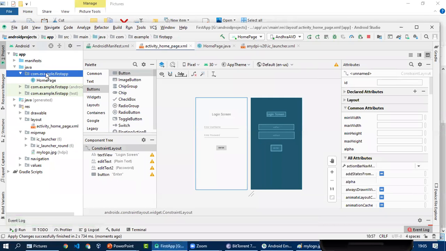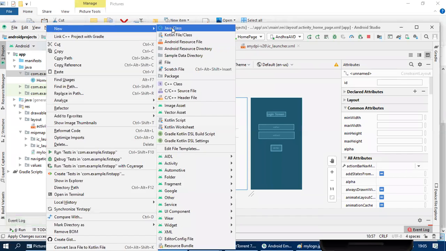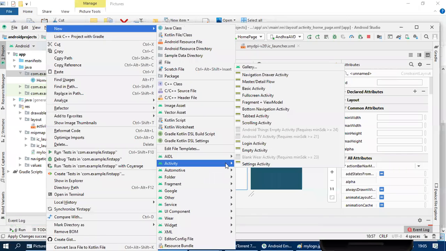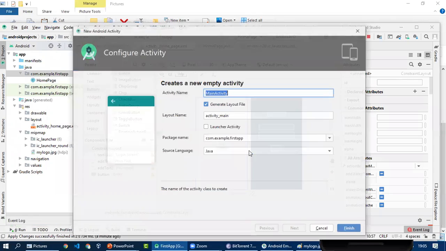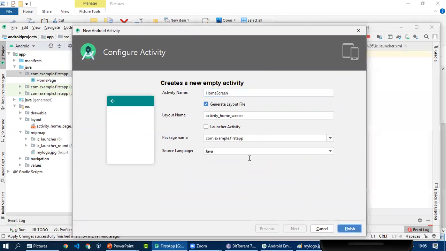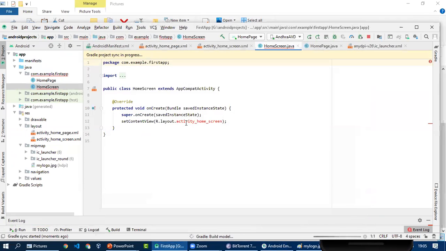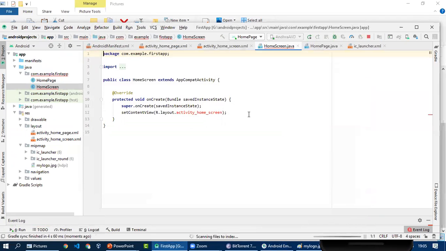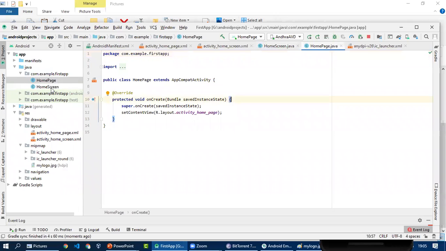And if you want to add another screen, then empty activity, and this is the home screen. I'm not making it a launcher. For home screen and home page, the associated page is this.